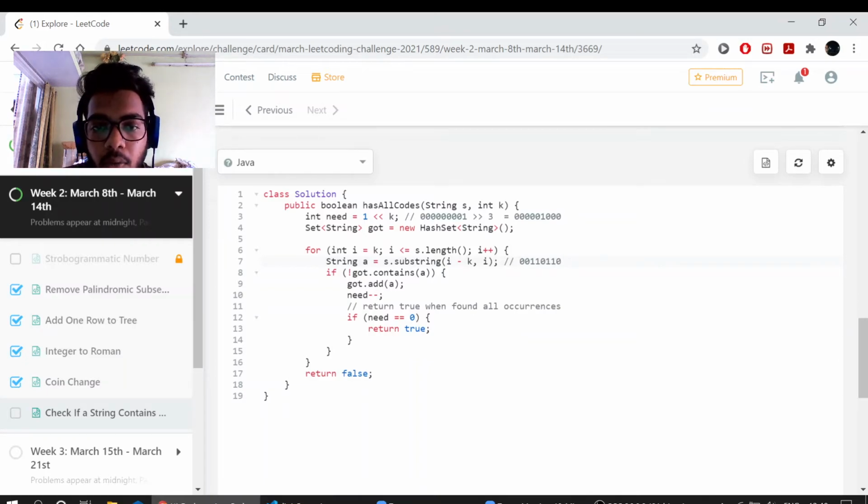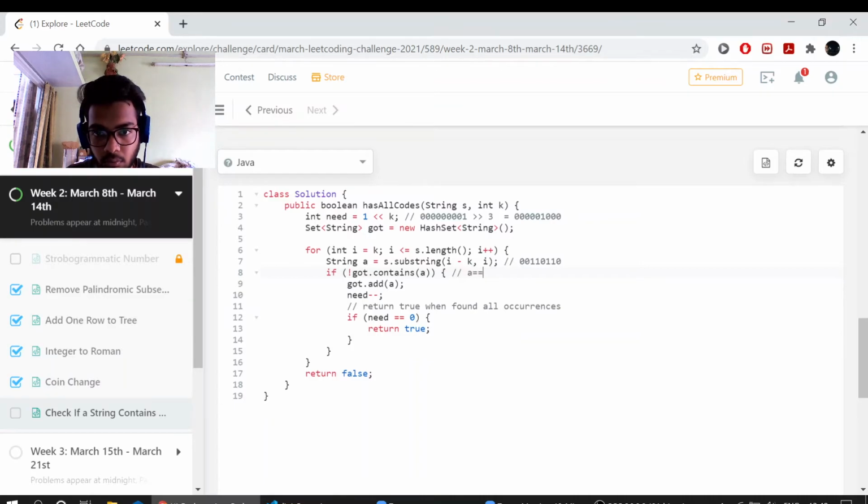Now what they are doing is starting from k, so they started here, if you can see. Let me put some spaces. Now their pointer is here. Then they took a substring from i minus k to i. So i starts with k, so they took a substring from 0 till here, so it is 00. In the next turn it would be 01, in the next turn it would be 11, and so on. So they took a substring which is currently 00.